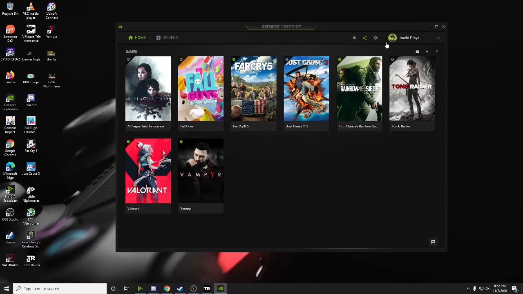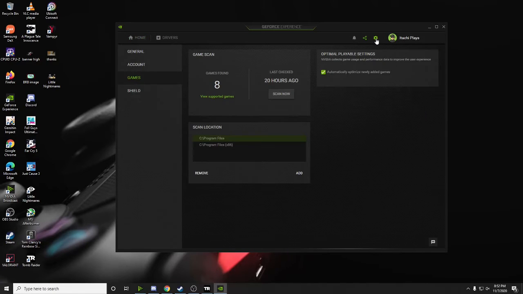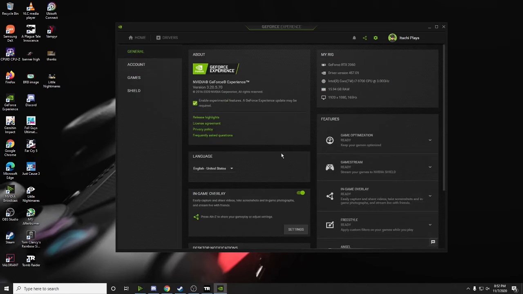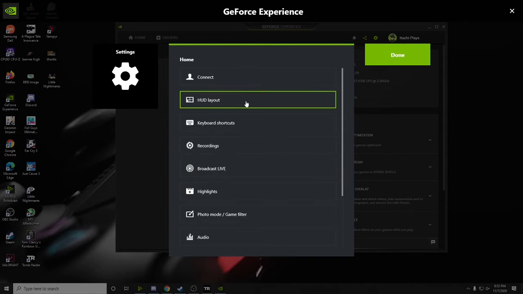Once you have opened it, you have to click on settings, and under general, you have to search for in-game overlay and click on settings there. Here you'll have the HUD layout.